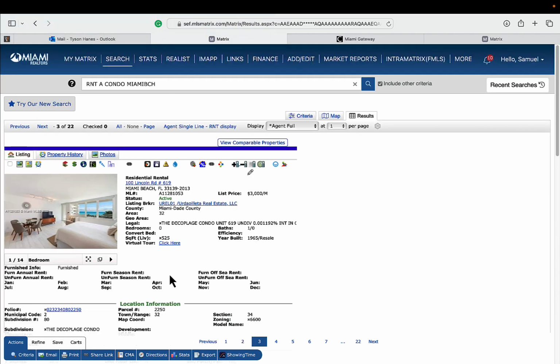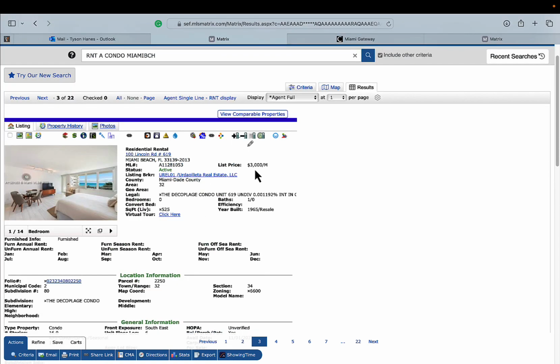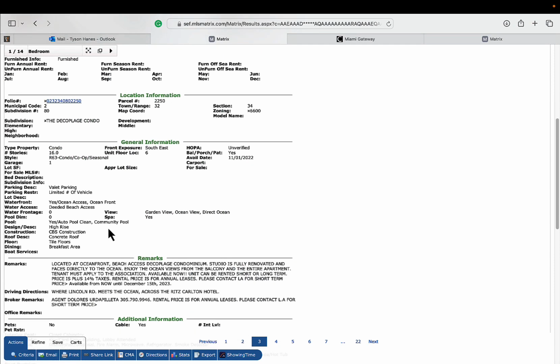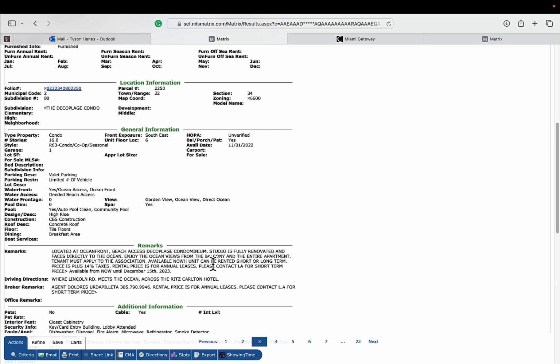Let's look at one more. Let's move to number 3. This one's priced at $3,000 a month. Let's scroll down and double check the data. All right, it says it right there. Can be rented short or long term. Prices plus 14% taxes. Rental prices for annual leases. Please contact listing agent for short-term